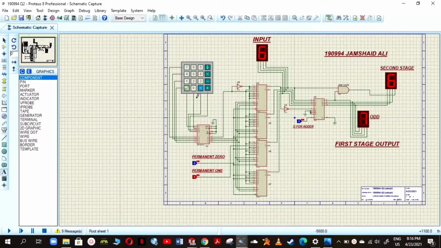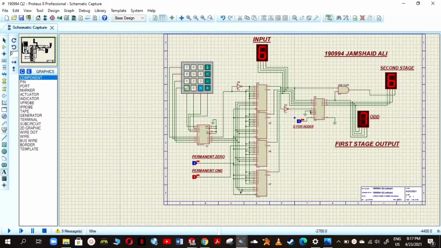Without these muxes, if I apply 1, the BCD segment will show 9, and if I apply 2, it will show 8. For this correction, we use 8x1 muxes.